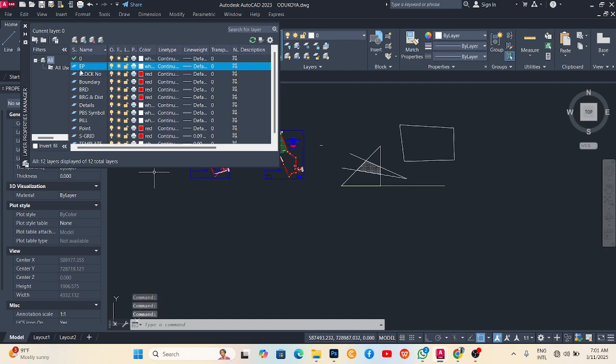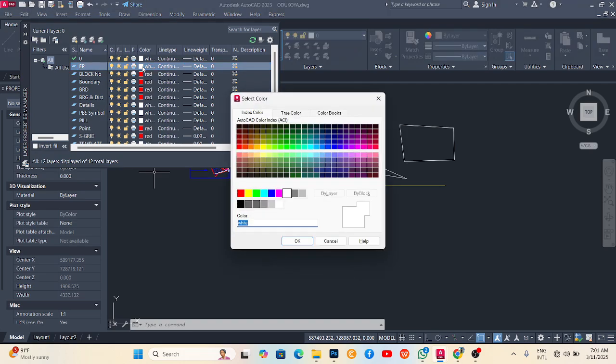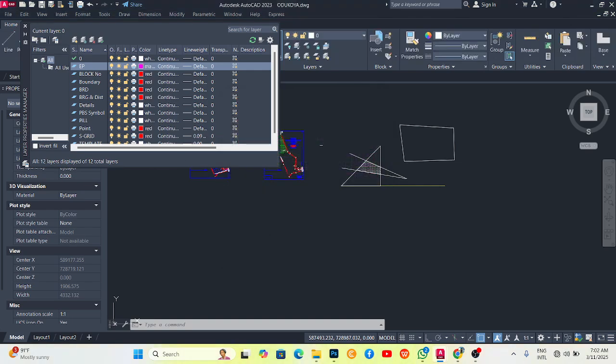So I've already created a layer for electric pole. So you can actually change the color here. Let me put the color in magenta and press OK. So I've actually created a layer for electric pole. So I will do that for everything I want to do on that project. So this will help me to organize